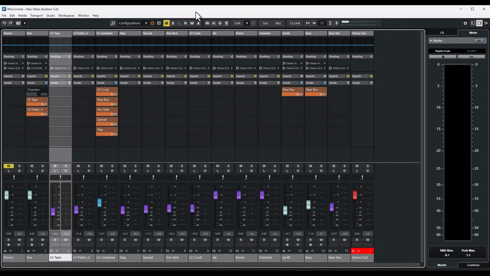Hey there fellow musician, I'm back again with another short tutorial, and today I'll be showing you Andrew Scheps' entire vocal chain. It will help you get that professional lead vocal sound that cuts through the mix and translates well